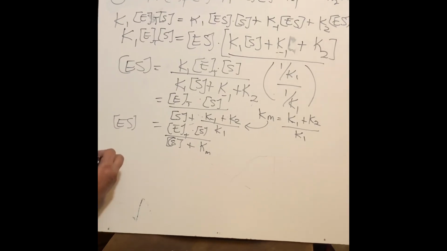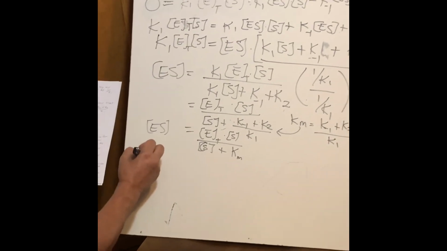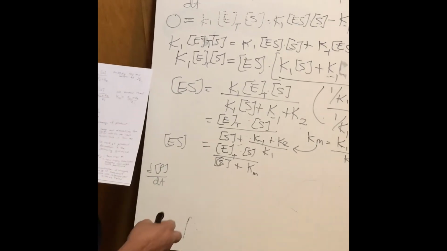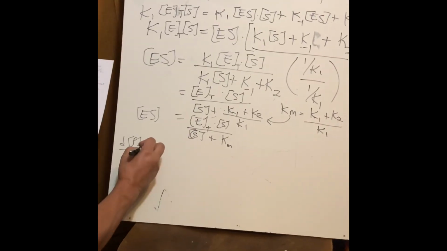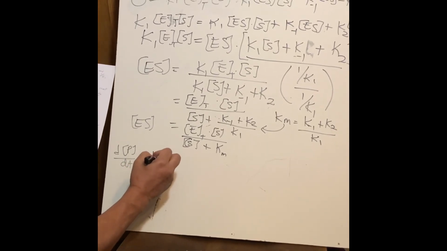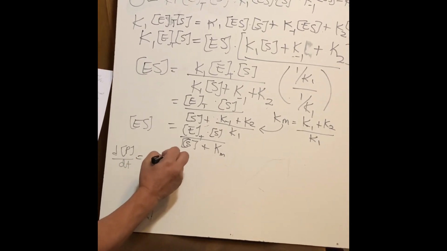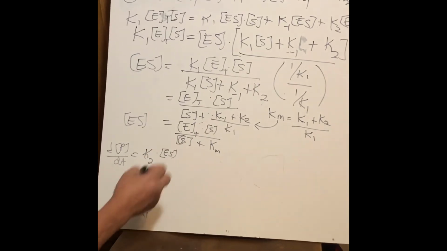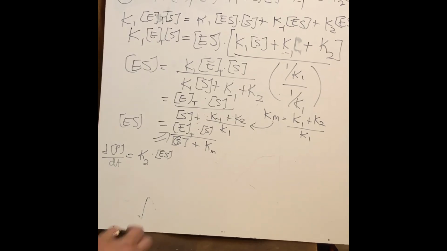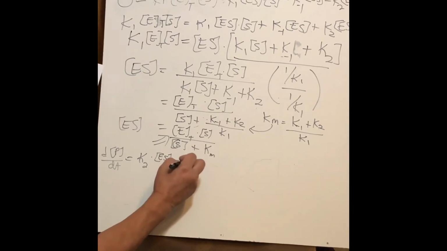We also know that dP/dt is the instantaneous rate of change of the product, and that equals K2 times the enzyme substrate concentration, which we know is that. And we can substitute that into here,